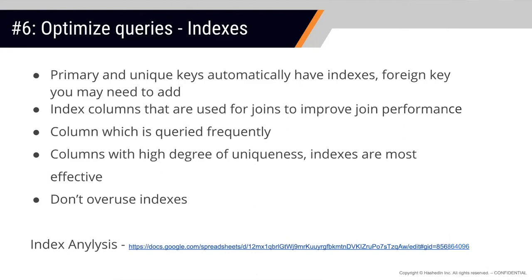So indexes are a very common, pretty basic thing in MySQL. For any query you want to optimize, there are different columns, and an index is the strategy that you can use. I will not talk too much about it, but I would like to say that whatever columns are used very frequently, at least index all of those, or the columns which are used for joins. If you index them, your performance will improve very drastically, right?